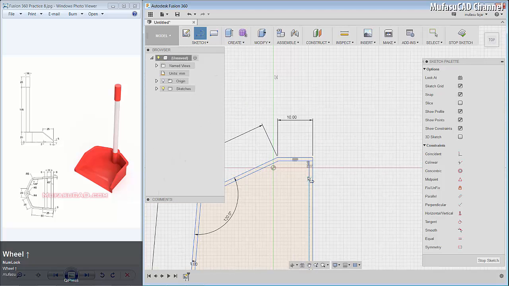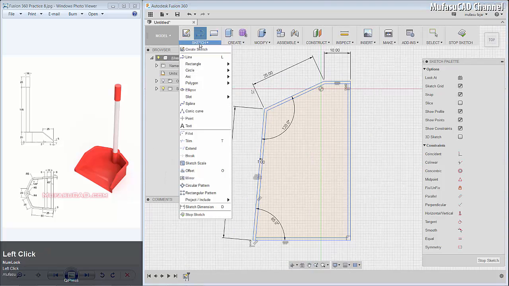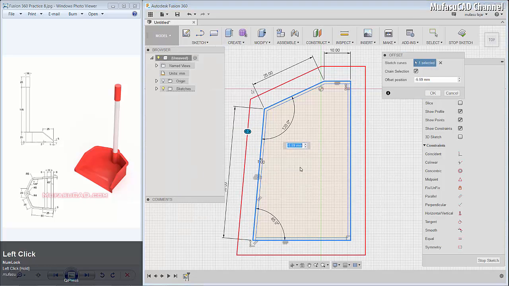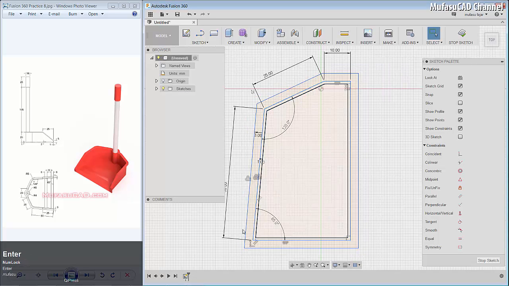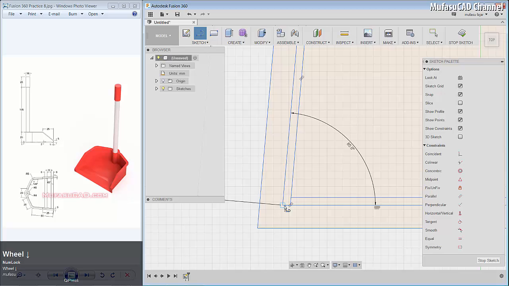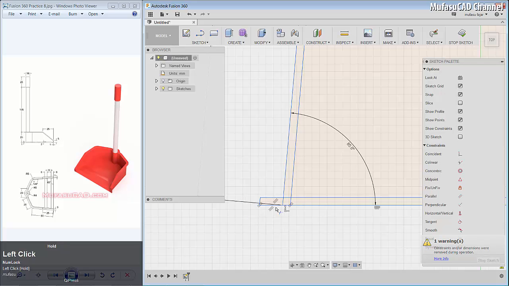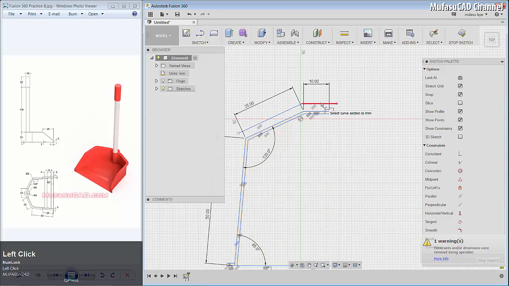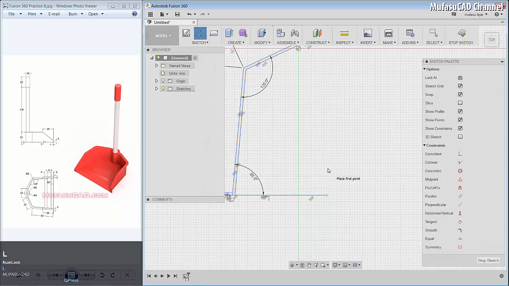Okay. Next, we use the offset again. You can click sketch, offset. Select this object, move to the outside here about -3. And we create a line from this point to the left here. Okay, from this point to the left here. And use the trim command to cut this line object. And then we cut this line object in here and here. Right click and okay. Use the line command to create a line from here to the top here.